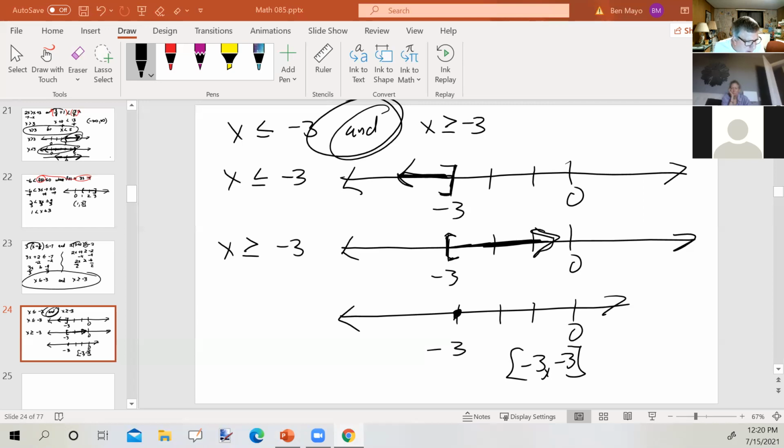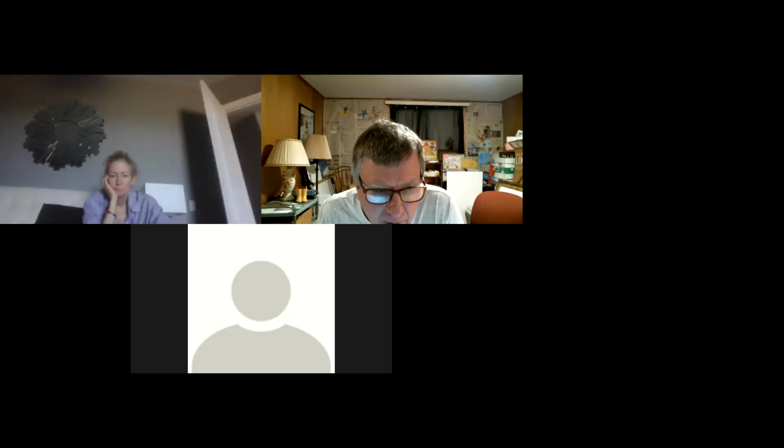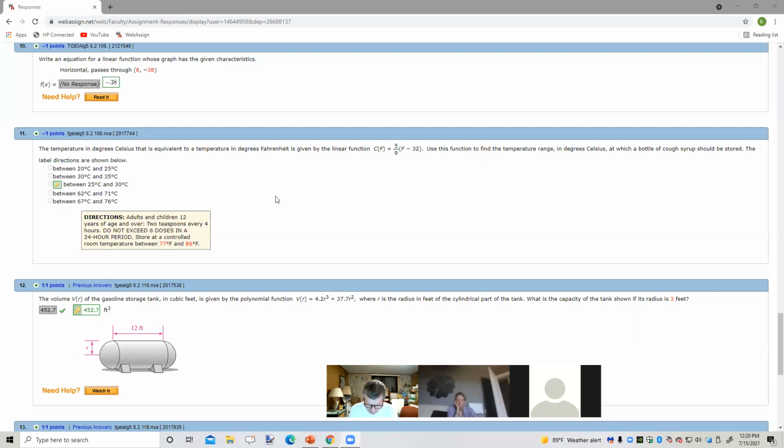Okay, let me find it here. Number 11. Okay, so this problem right there? Yes. All right. The temperature in degrees Celsius that is equivalent to a temperature in degrees Fahrenheit is given by the linear function C of F equals 5/9 times the quantity F minus 32, okay? Use this function to find the temperature range in degrees Celsius at which a bottle of cough syrup should be stored. The label directions are shown below. Okay, so it says we're to store it between 77 degrees Fahrenheit